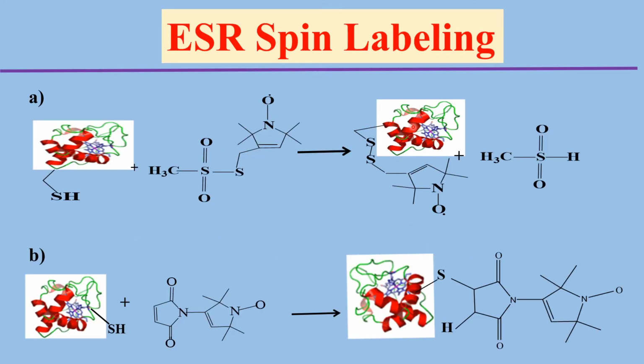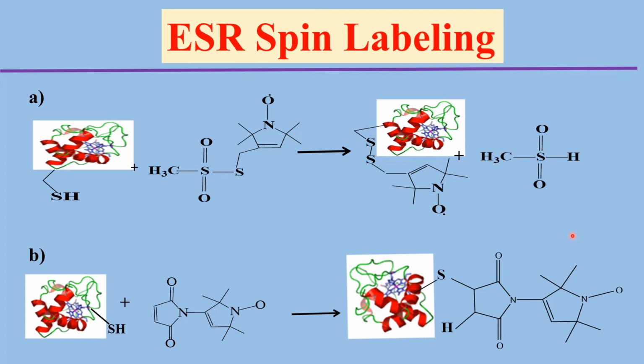ESR spin labeling is an important tool to study the dynamics of DNA, RNA, and protein molecules. For example, nitroxides react with the SH group to form a compound. Now the protein is spin labeled. Therefore, using site-directed mutagenesis, we can attach the nitroxide spin and study the distance between the two spins by measuring the spin